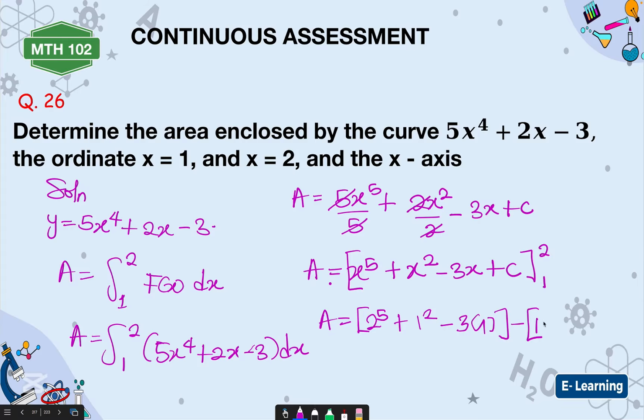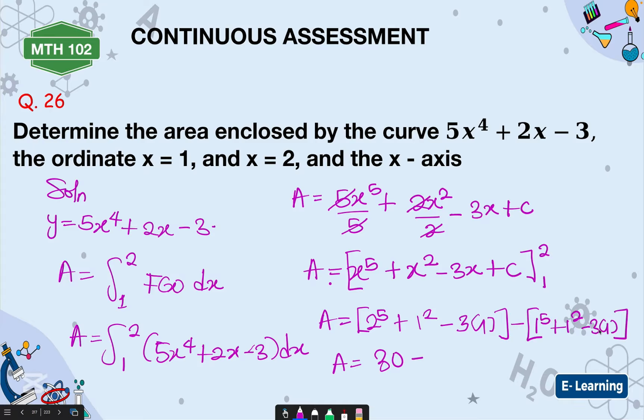Then the other will be 1 raised to the power of 5 plus 1 square minus 3 bracket 1. Are you getting it? Then A will be, here is 32 plus 1 is 33. Minus 3 is 30. So here will give us 30 minus 1 raised to the power of 5 is 1,